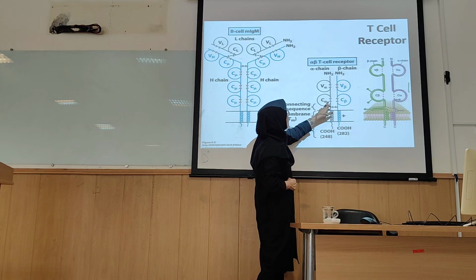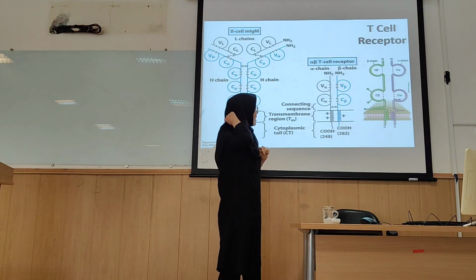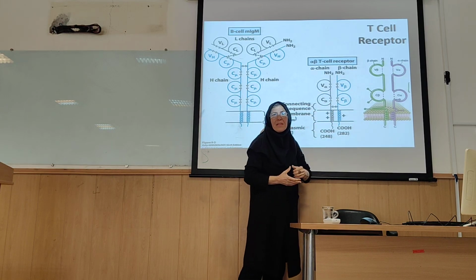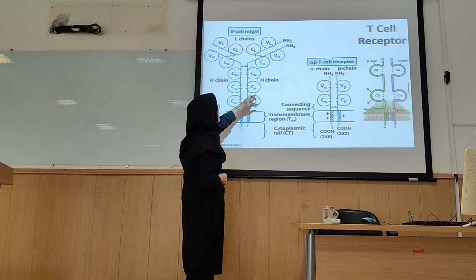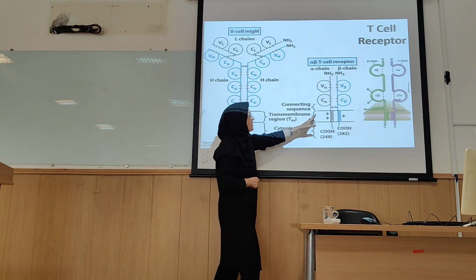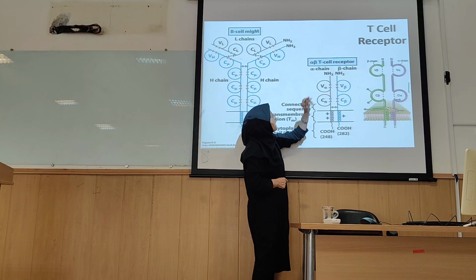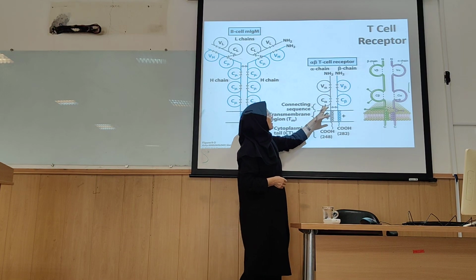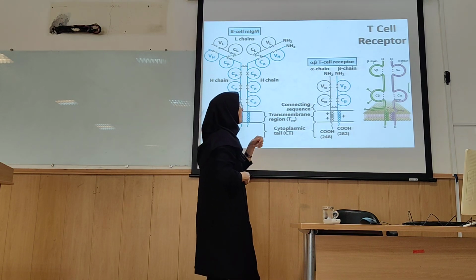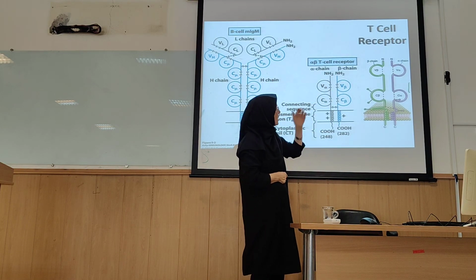The TCRs are composed of two chains, alpha chain and beta chain, and two domains, constant domain and variable domain. Similar to antibodies, which contain constant domain and variable domain. Here in the TCR also there are constant domains and variable domains. And the TCRs recognize peptides in the cleft of the MHC by the variable domains in the alpha chain and beta chain.